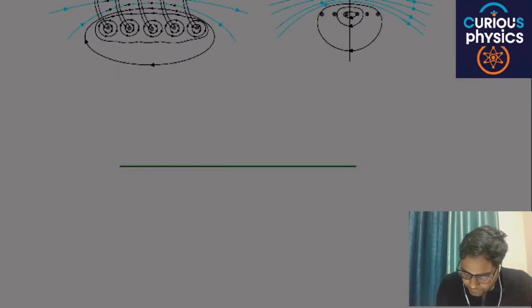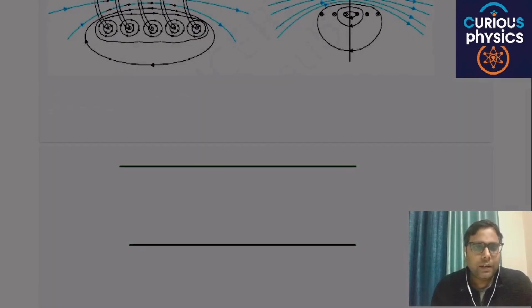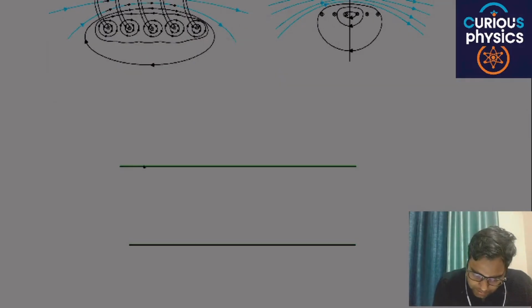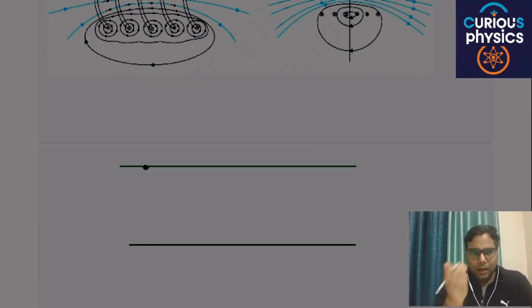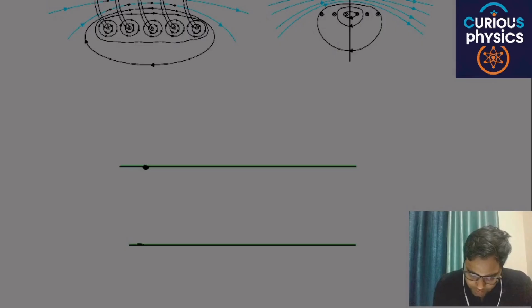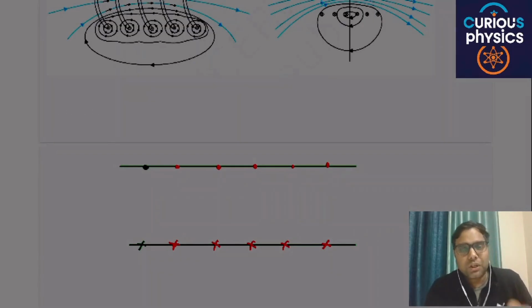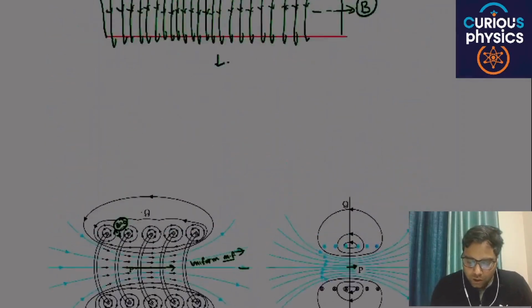Are you able to get my point or not? Here the current is coming out from the upper part and going inside in the lower part. This is nothing but the cross-sectional view of this solenoid.